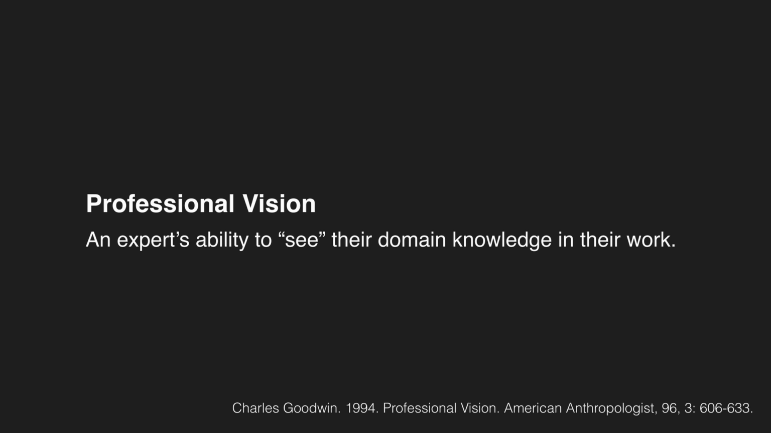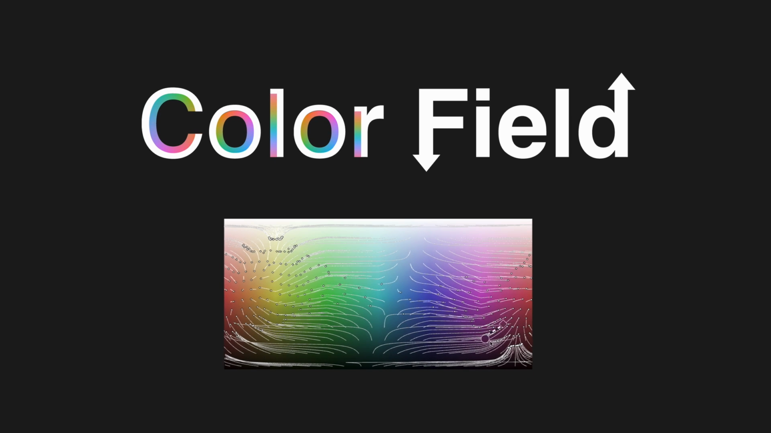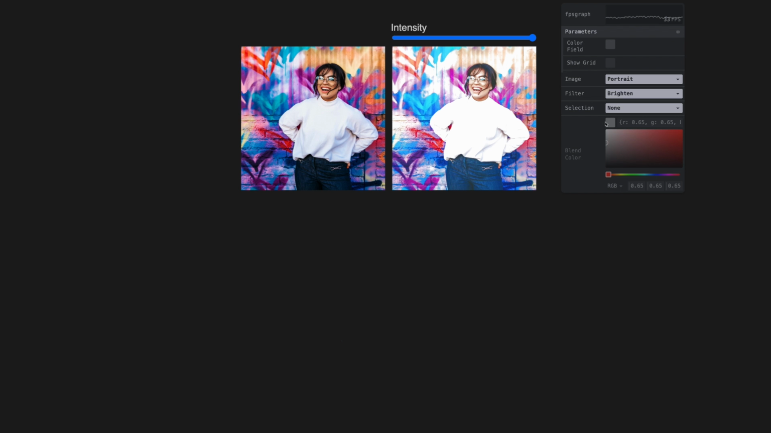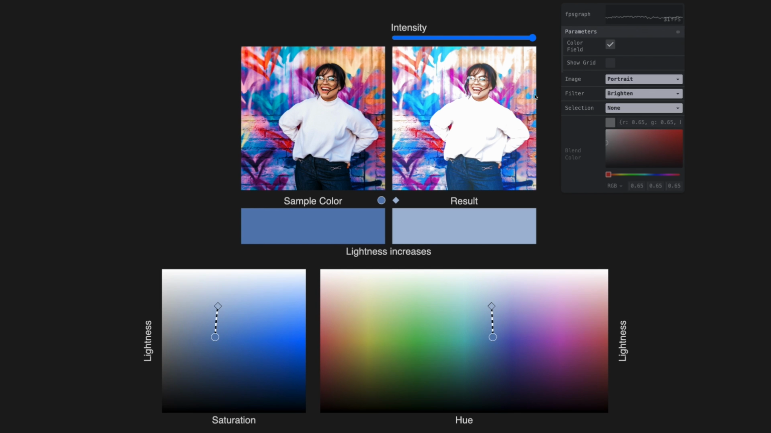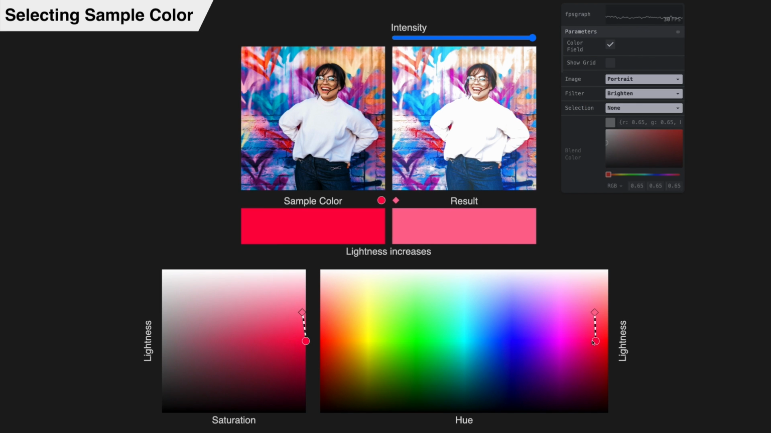Inspired by Charles Goodwin's work on professional vision, we developed ColorField, a web application that illustrates what a color filter does by representing it as a vector field and enabling interactive exploration of the filter's effect on different colors. First, the system shows an image before and after the filter is applied. To explore how the filter affects individual colors, it also displays a sample color before and after the filter is applied. The user can select the sample color by clicking on an image, or by moving it on the color